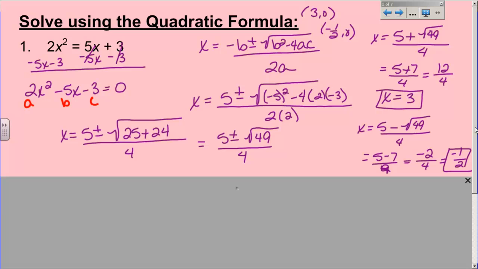And I got that by doing all of this. And I know it looks like a lot, but there are going to be instances where the quadratic formula is the best option, because either it won't factor or the graph does not come out to something that you can deal with. So let's try another